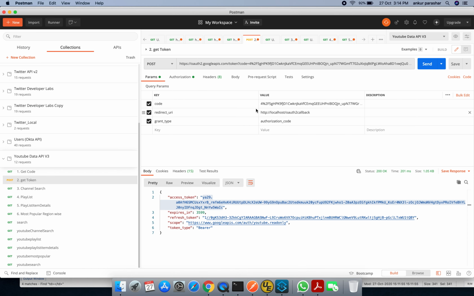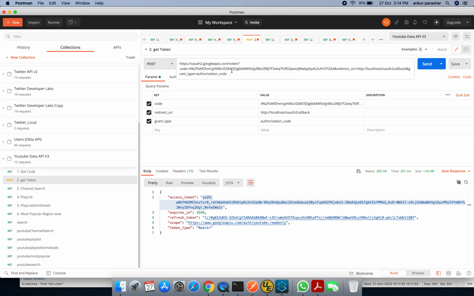I have replaced this code with this newly generated value. Redirect URI is localhost OAuth2 callback, and the grant type is authorization code. Let me copy paste. So it is going to oauth2.googleapis.com/token. Then code, redirect URI and grant type are being mentioned.